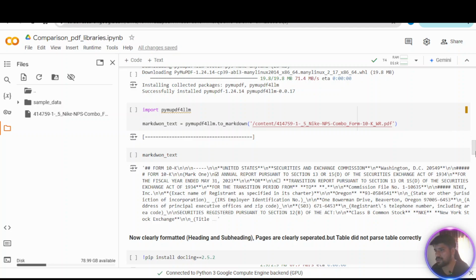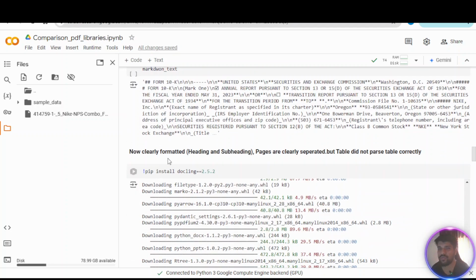Okay, so now we can clearly see that the heading and the subheading are properly coming, and pages are clearly separated, but the disadvantage is that the tables still did not parse correctly, right? Meaning the structure is not parsed correctly, and that's why now we are going to use a new library called